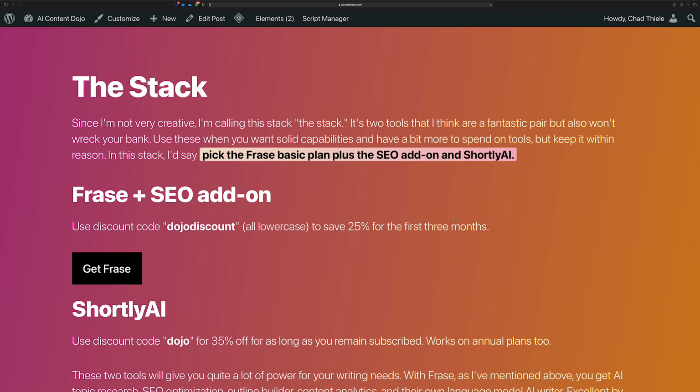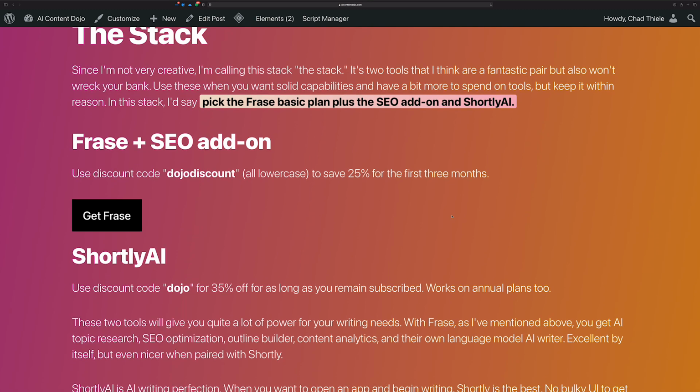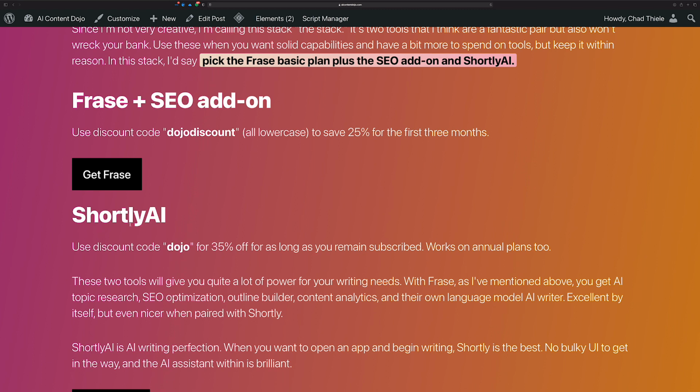The reason it's in these is because it has some really fantastic tools, a really decent price, and if you combine Shortly AI with Phrase, you basically get the best of all the worlds, except as compared to Jarvis. Jarvis has a little bit more power than Shortly AI because it has templates and recipes and other things that you can use. But if you just want that app, just like Shortly AI, that loads so fast. It's so snappy.